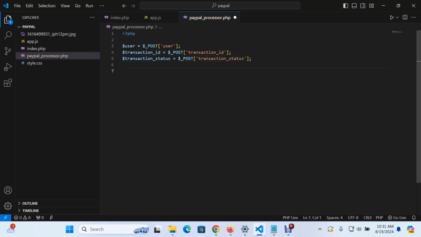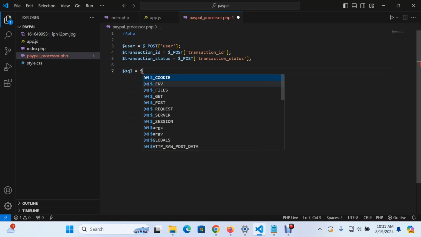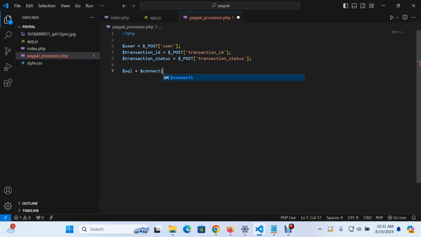Now to insert this into the database, we'll just say $sql will be equal to, maybe your database connection, which is $connection, query, like this, and then you say just insert into maybe table name, like this, and then give it the values like this,